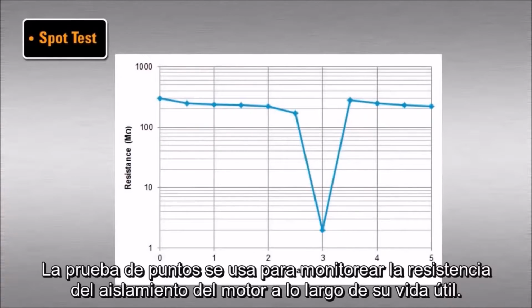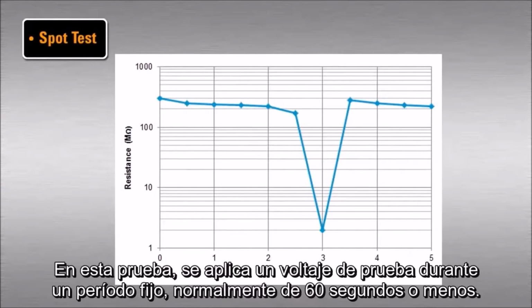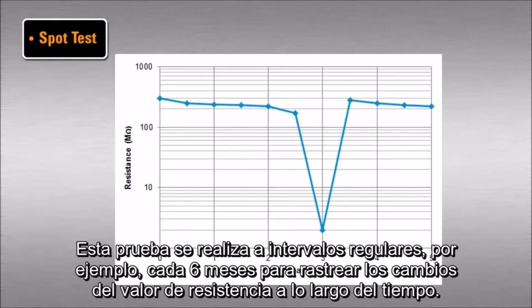The spot test is used to monitor motor insulation resistance throughout its lifetime. In this test, a test voltage is applied for a fixed period, normally 60 seconds or less. The resistance value is recorded at the end of this test period. This test is performed at regular intervals, for example, every 6 months, to track changes of the resistance